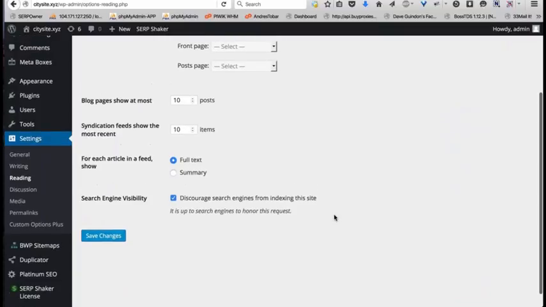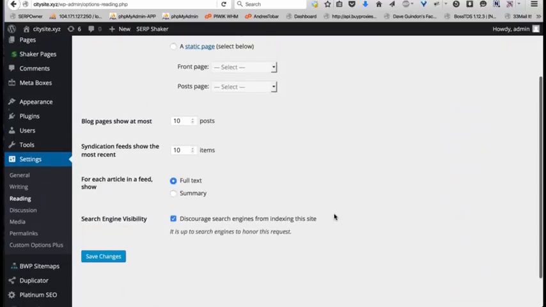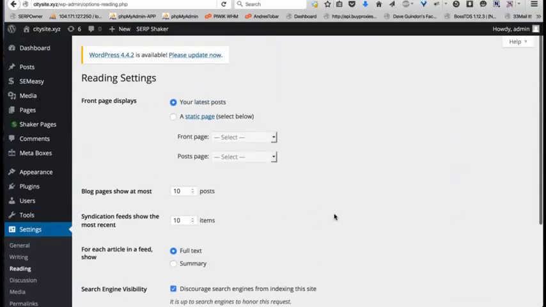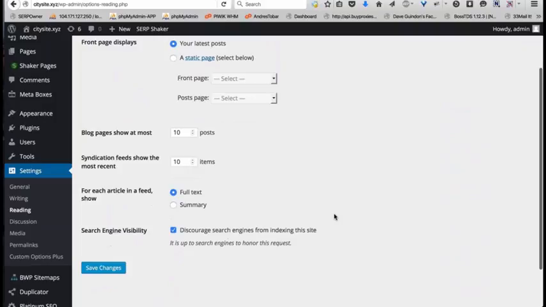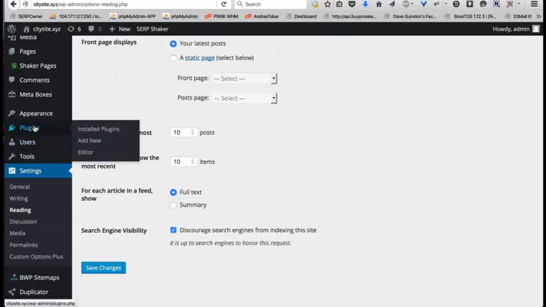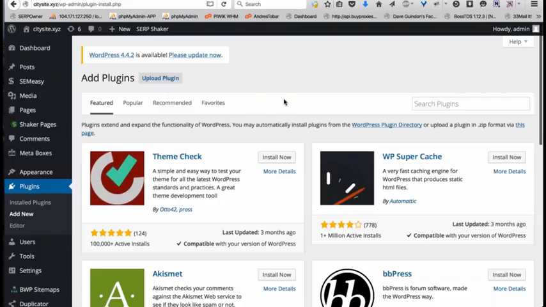You've got to do it basically right after you install WordPress. You don't want Google to start getting into the website and then wait for them to take it out of their index. So that's really all you need to do. Then there's a couple of plugins that will allow you to use a drag and drop builder if you want to create a landing page yourself, or, like I said, there's a couple of plugins that will allow you to just clone a page and make it a WordPress page, and then I just overlay that cloned page.